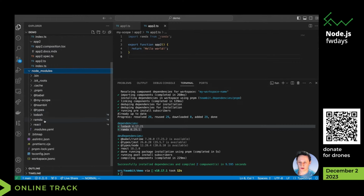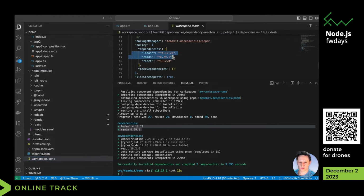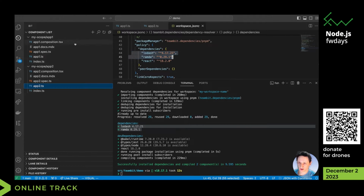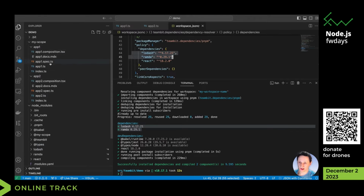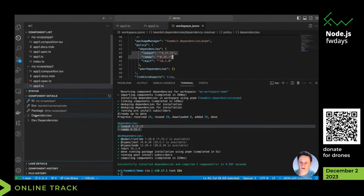You can see that Lodash and Lambda are now in the root node modules. We don't have the missing dependency error anymore. And you can see these dependencies are now in the dependencies in workspace JSON-C. So we don't have package.json files, but Bit has all the necessary information for a package that you would see in a package.json file. Just click on the component details here, and there's the dependencies section here, and you can